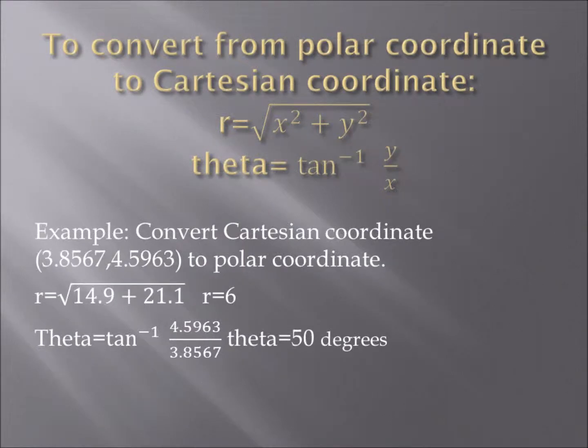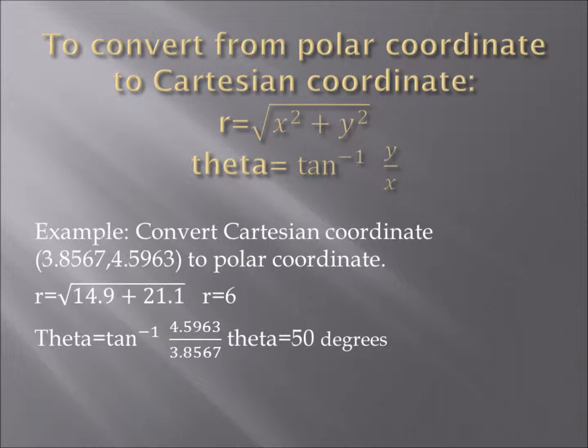To convert from Cartesian coordinate to polar coordinate, the radius equals the square root of x squared plus y squared. Theta equals the inverse tangent of y divided by x. The example, convert Cartesian coordinate 3.8567 and